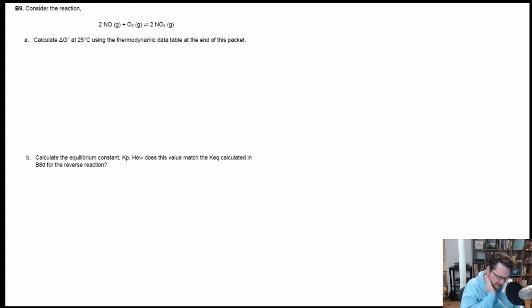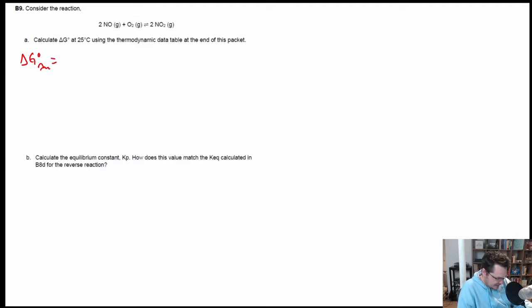B9, right? So B9 asks us to calculate delta G for the reaction of NO plus O2 gas to form 2NO2 gas. So we can just simply use the thermodynamic info at the back. We can just simply use Hess's law, right? So if we have the delta G of this reaction,